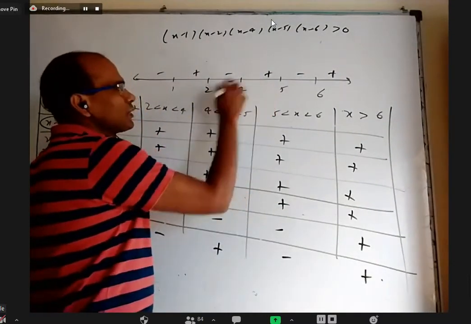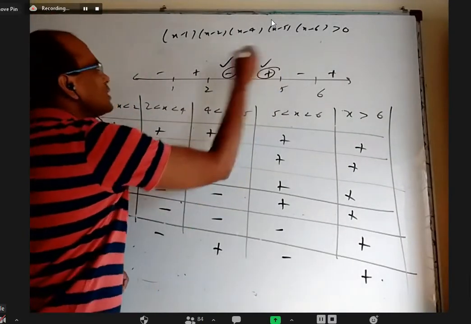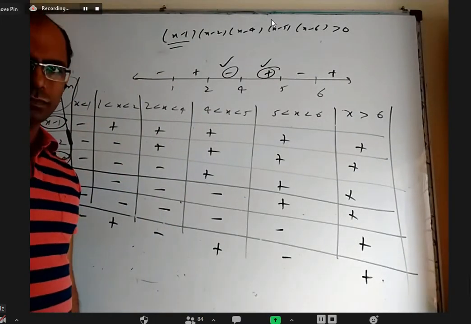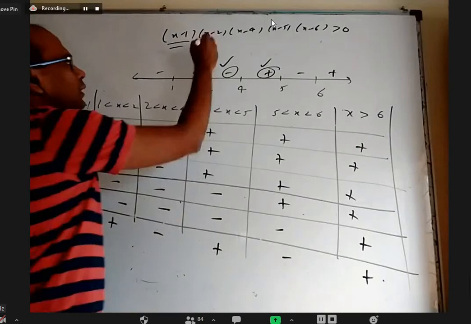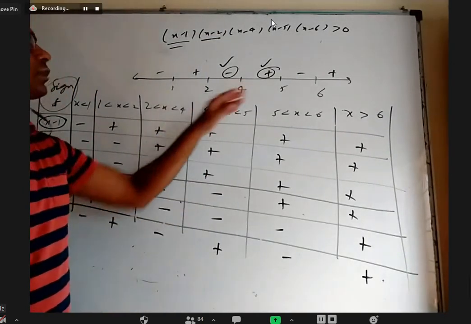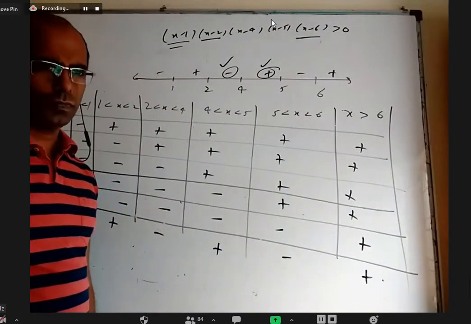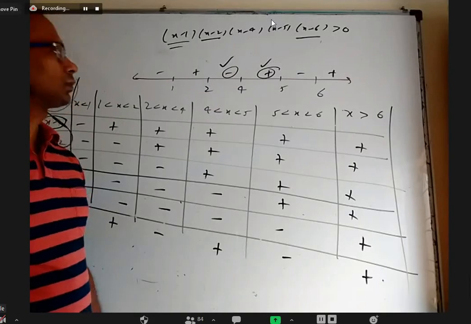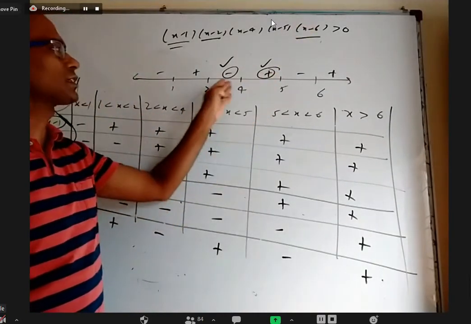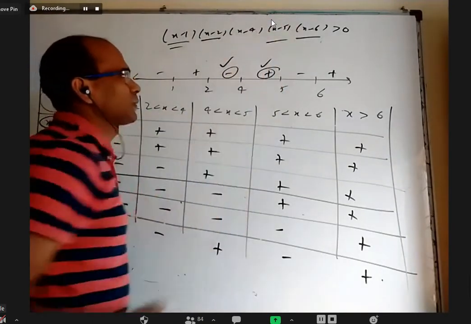Why from here to here does the positive sign change to negative sign? Whether you take here or here, what is the sign of x minus 1? Positive. What about the sign of x minus 2? Positive, sir. Okay. What is the sign of x minus 6? Negative. If you take any number between 2 and 5, substitute here, it comes out negative. Now substitute 3, substitute 4, 4.2, negative.